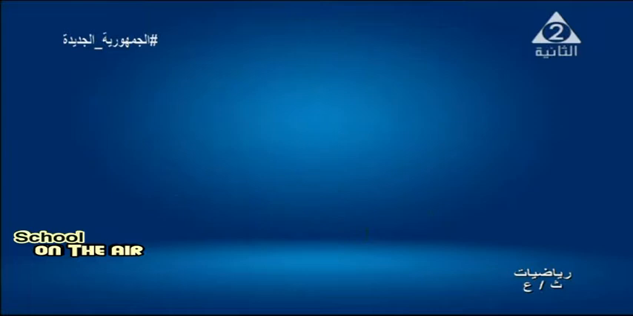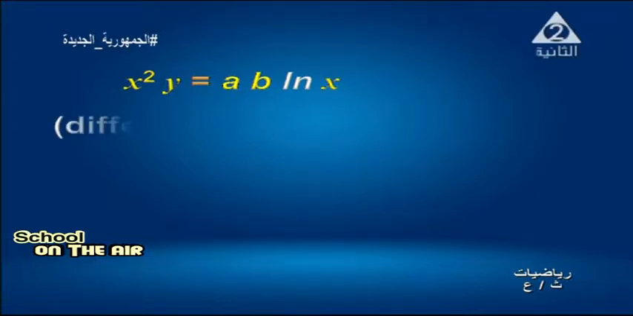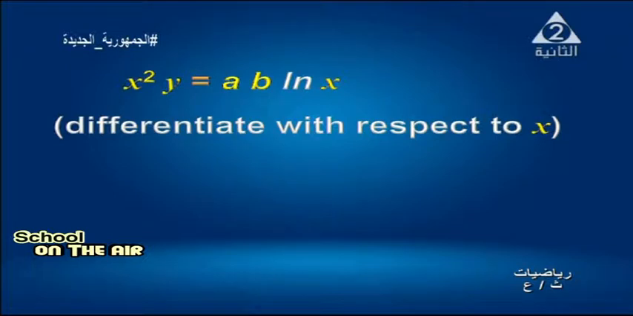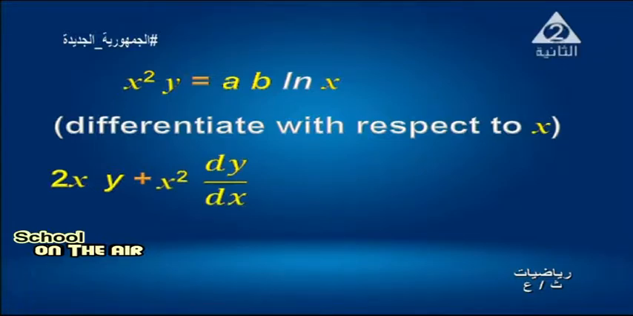Now the relation x power 2 y equals ab ln x. We can differentiate both sides with respect to the variable x. Then the derivative of x power 2 y, a product of two functions, equals 2x times y plus x power 2 times the derivative of y with respect to x, which is dy dx. So it equals 2xy plus x power 2 dy dx